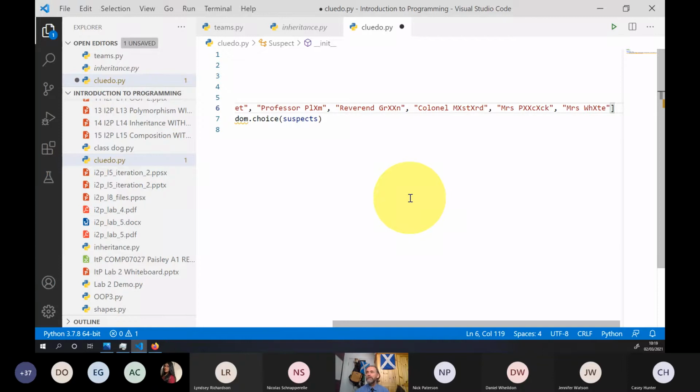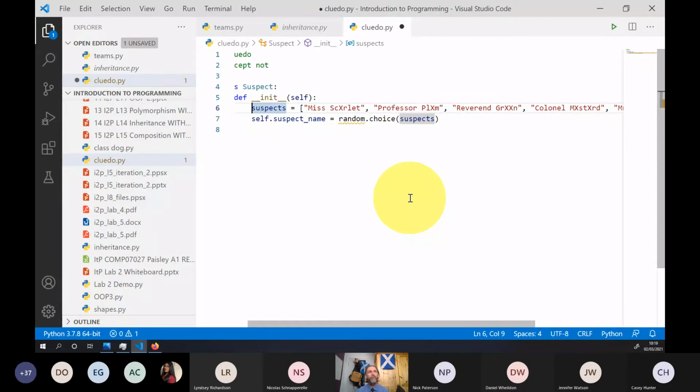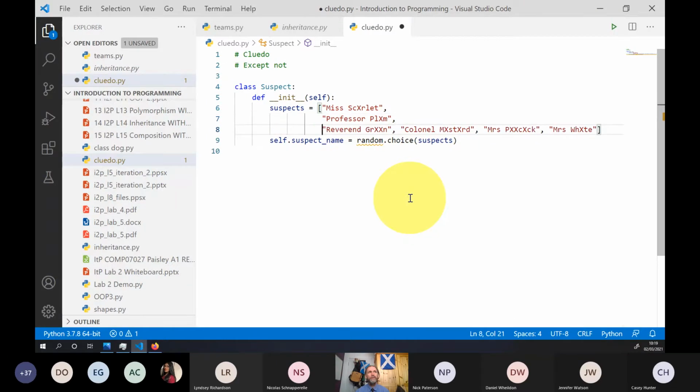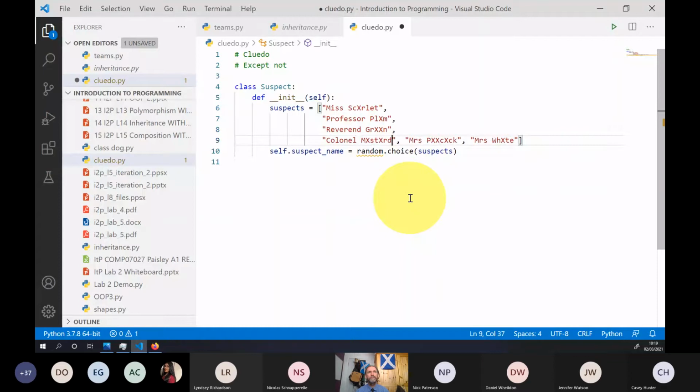Although it does make a point, sometimes that can be quite annoying. And quite often what I would do when I'm creating such a long list, in order to make it easy to see, I might do something like this, so that I'm not continually scrolling off the screen.